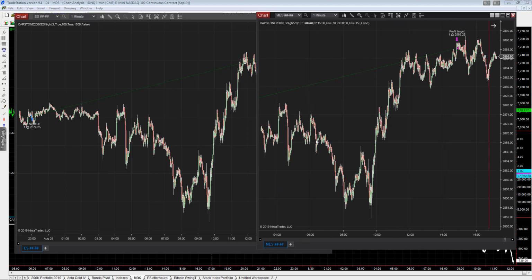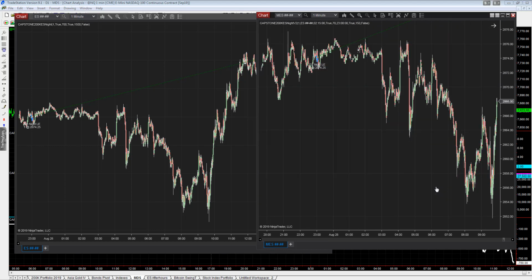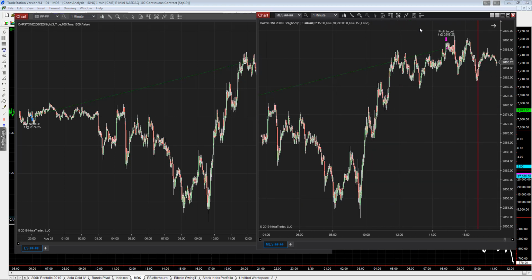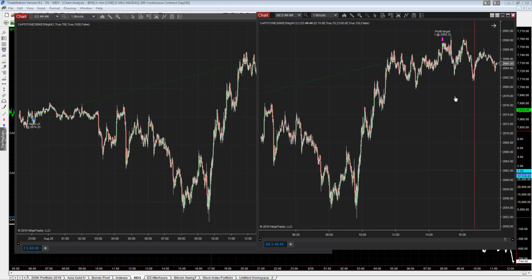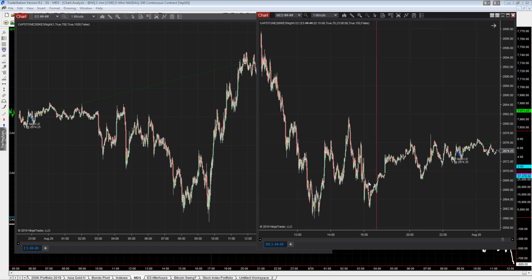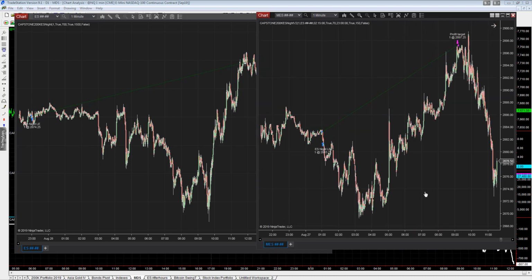Here it is on the micro. 28.88.25 near the high of the day. That was 2 trades ago. Here's the 3rd trade ago